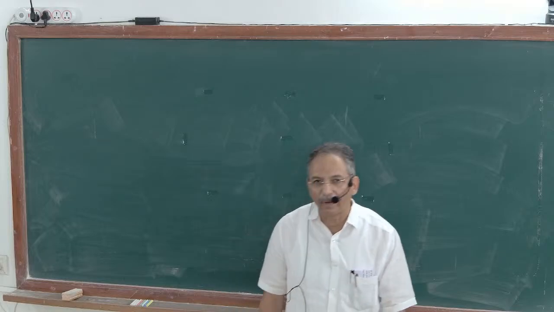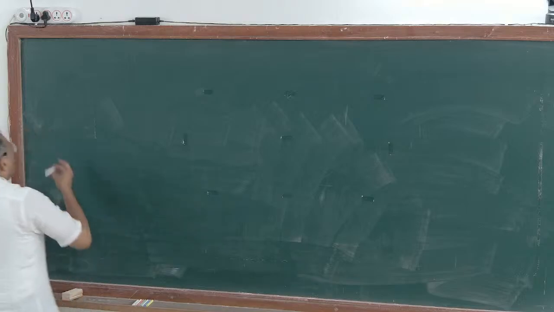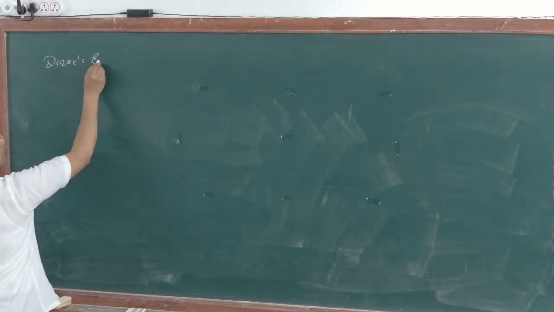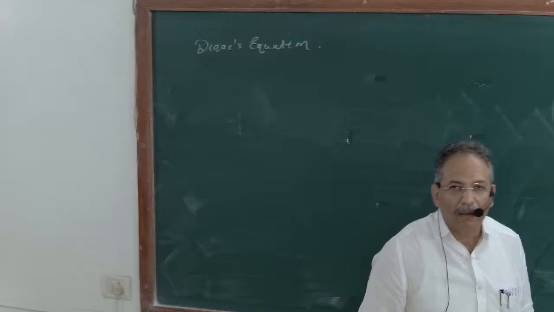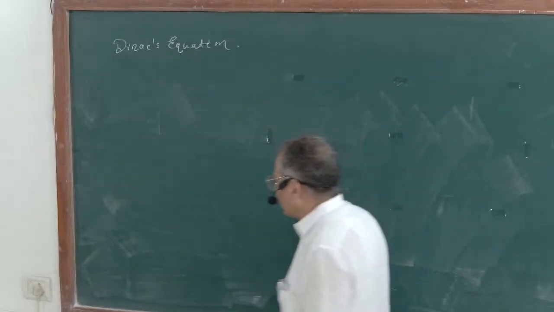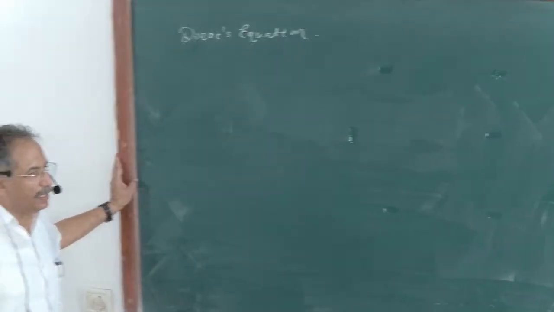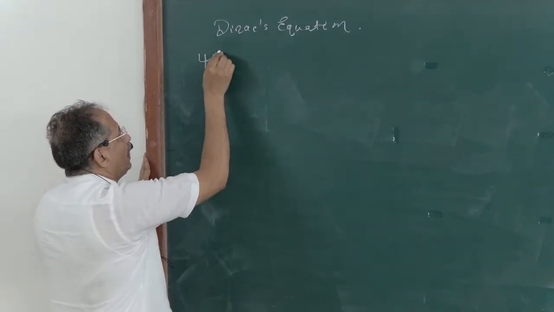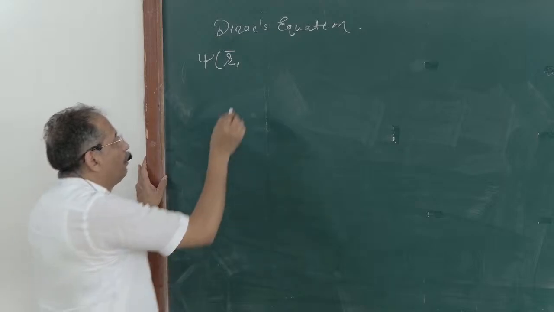And for this purpose, today I am going to talk about the derivation of Dirac's equation. The starting point of this equation, I would like to begin with wave equation. And in quantum mechanics, this is an advanced step, and it is expected that you are aware with the wave function. Wave function psi is function of position that can be represented by r bar, and it depends on time,